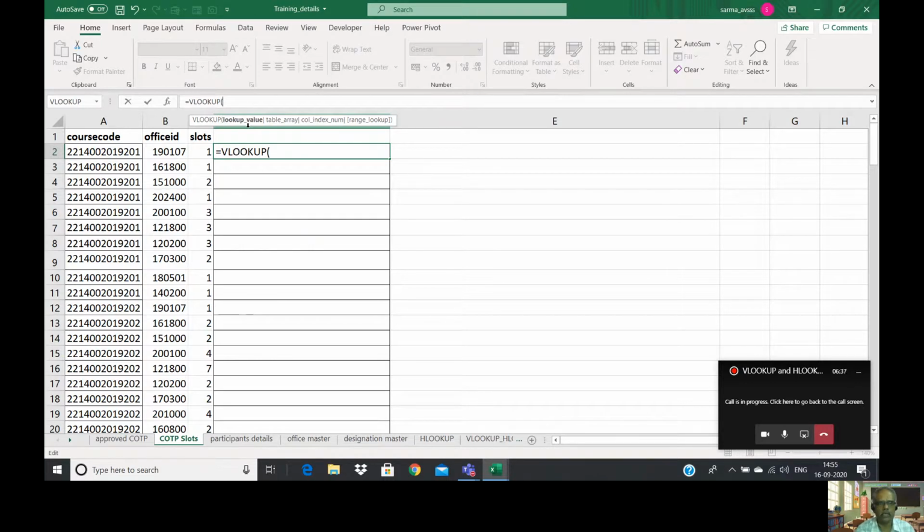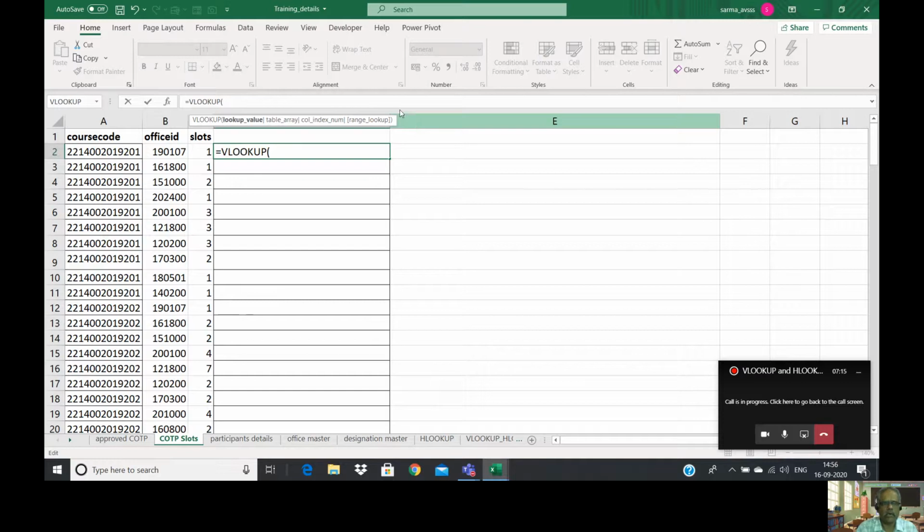But if you observe, all these parameters are separated with a pipe. In some older versions it may be a comma. So if a comma is available in your help, then you have to give a comma, or if a pipe is available, you have to use the pipe to separate the parameter values. If you see the last one, range lookup, it is kept in square brackets. Any parameter kept in square brackets is optional. That means to execute VLOOKUP, we must give at least 3 parameters as mandatory. The fourth one is optional.